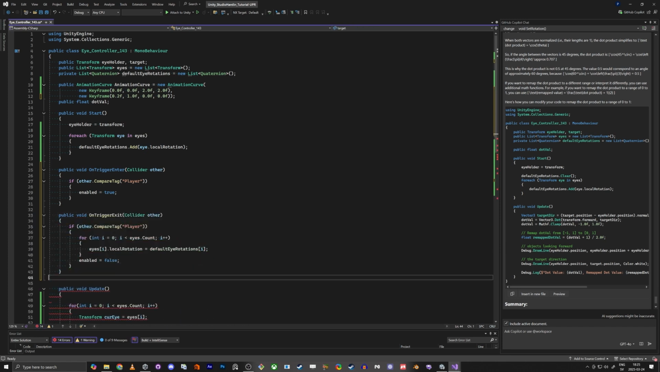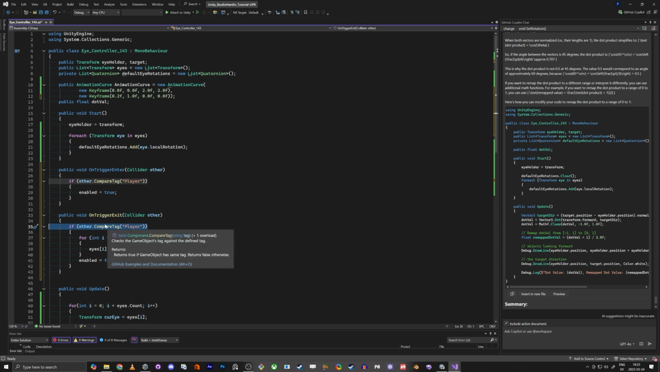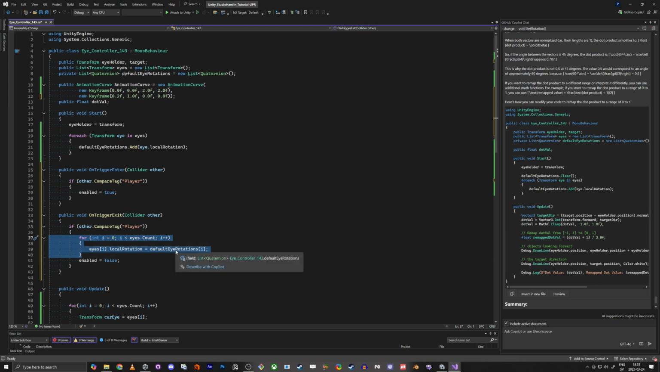Let's remove that one. Okay, good. But on trigger exit, if the other collider has the tag player, then we're going to loop over all the eyes to reset the default eye rotation. And then we're going to do enabled false. And by having it like this,